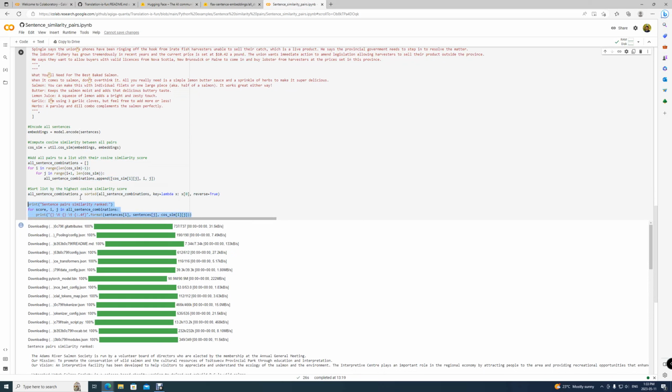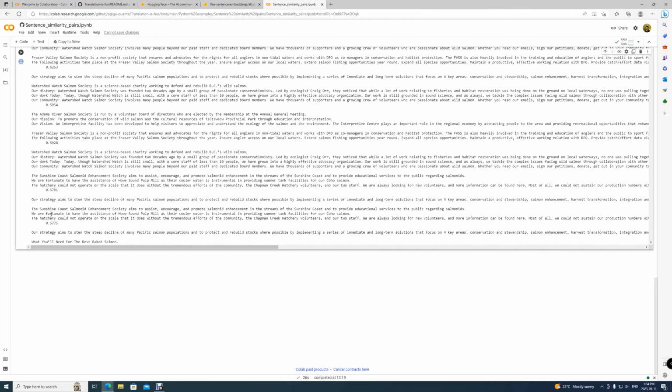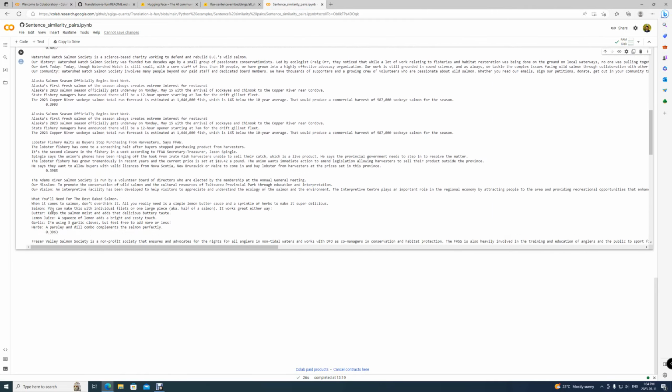Here is the output. The Adam River Salmon Society sentence, compared with the Watershed Watch Salmon Society, scores the highest at 0.7083, 70%, almost 71% similarity between them. And it is ranked just like that, going down below, with our lowest one being